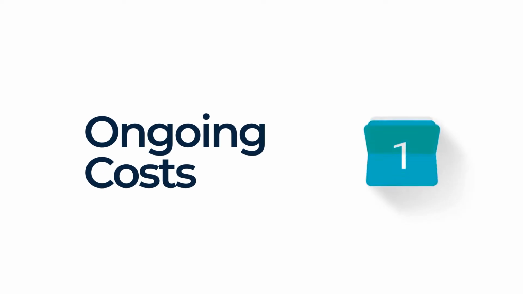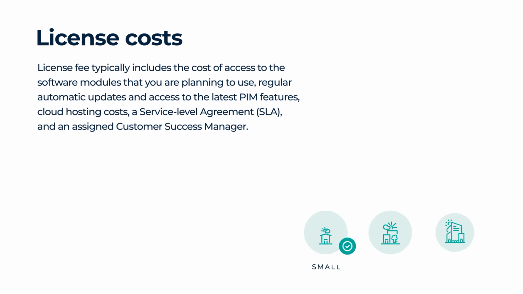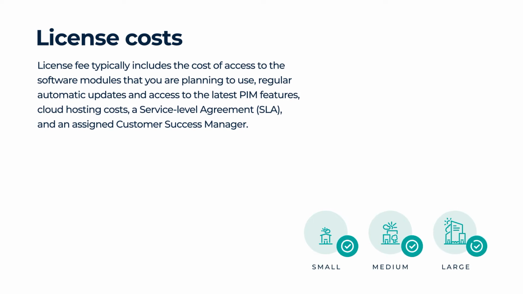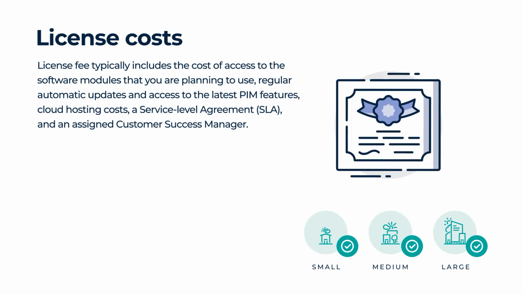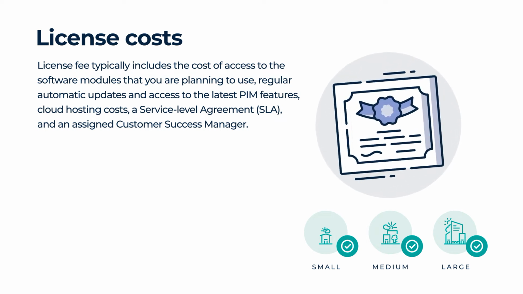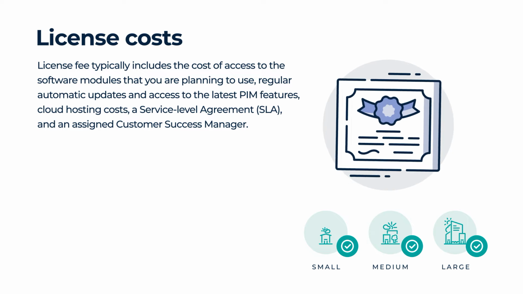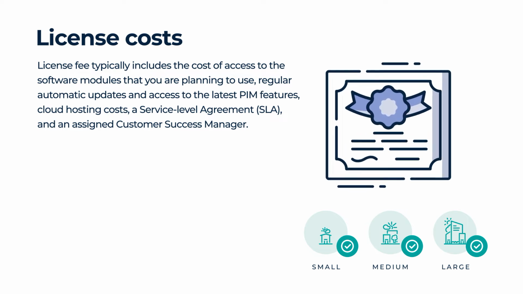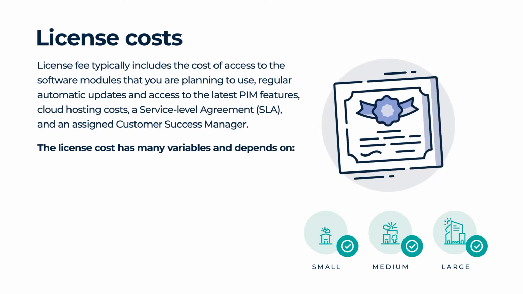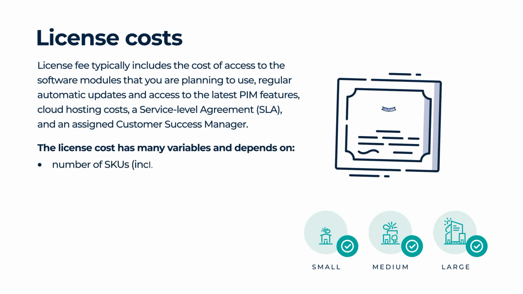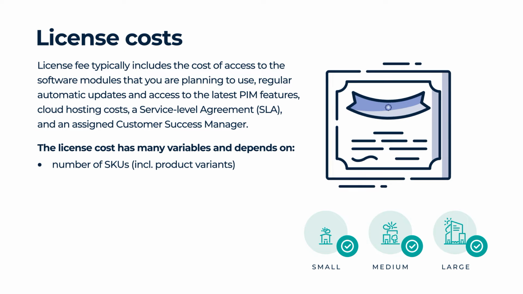Ongoing costs. License costs. The license fee typically includes the cost of access to the software modules that you're planning to use, regular automatic updates and access to the latest PIM features, cloud hosting costs, a service level agreement (SLA), and an assigned customer success manager. The license cost has many variables and depends on number of SKUs including product variants, number